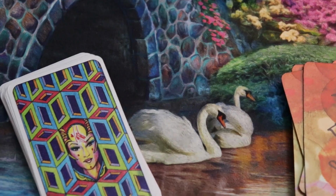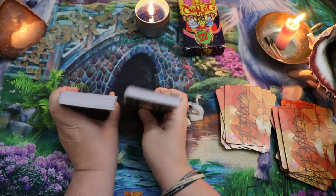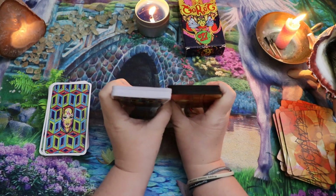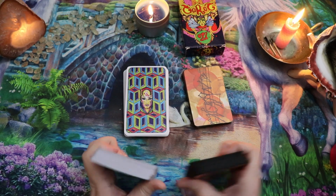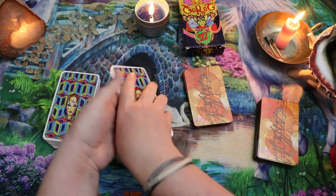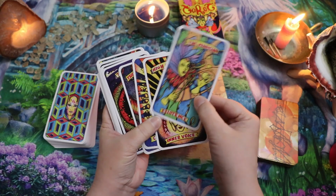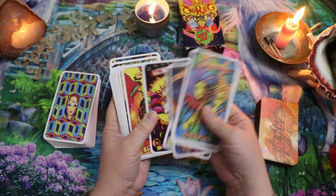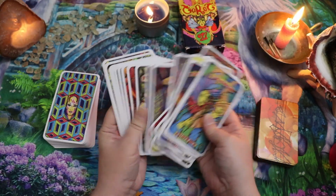Okay, so here's where we're looking. Let me zoom us out here so you can see what the piles look like. So there is less, let's just see so you can see how much of the deck here. So I would say about 1/3 of the deck matches up with Osho Zen, and the other 2/3 does not. But it's interesting to me because I feel like a lot of the cards that, so these are the ones that were the same as Osho Zen. So Existence for the Magician, Inner Voice for the High Priestess, Creativity for the Empress, New Vision for the Hanged Man. So these are all the same as the Osho Zen, same keywords, which I think is